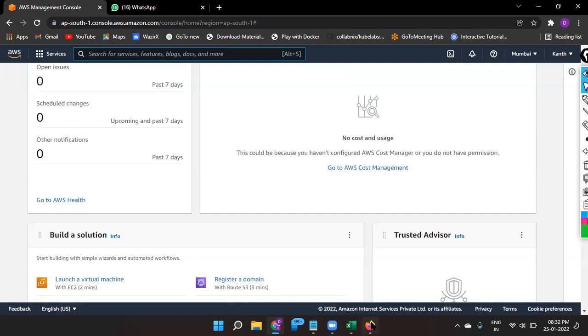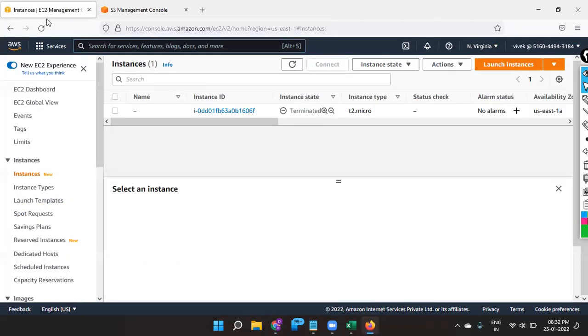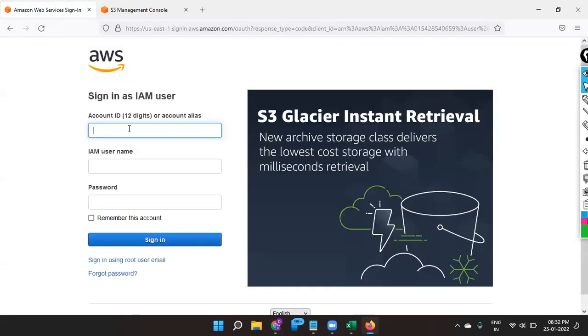Yes, yes. See, you can see I'm not able to access this one also. Why? Because I have deleted the user. There's no ID, nothing. I cannot go with this existing one also. Why? Because you can see this account is not valid. You will not be able to give this ID, and you cannot give the username, and it will not allow you also. And make sure, guys,